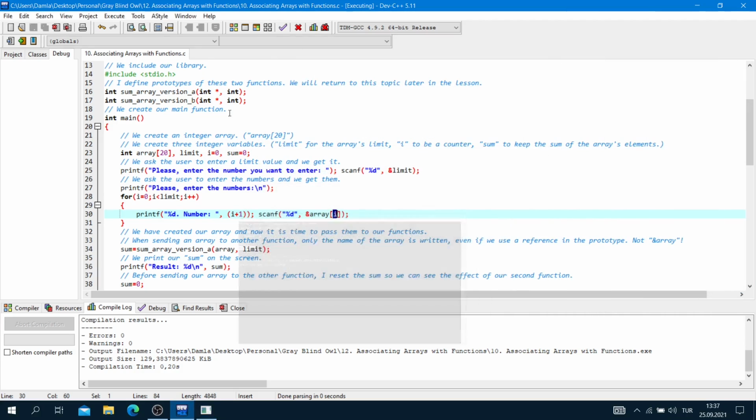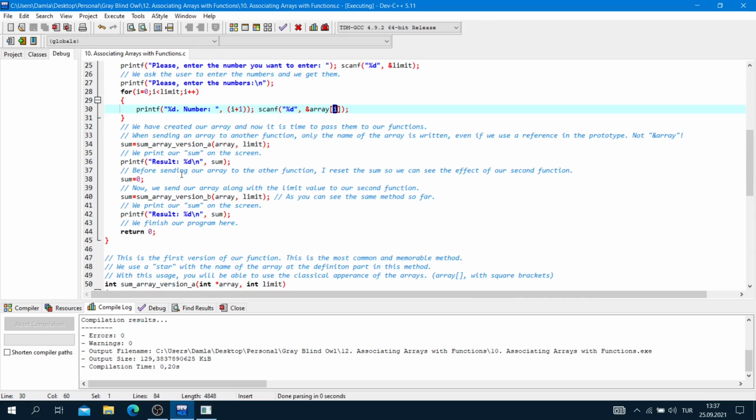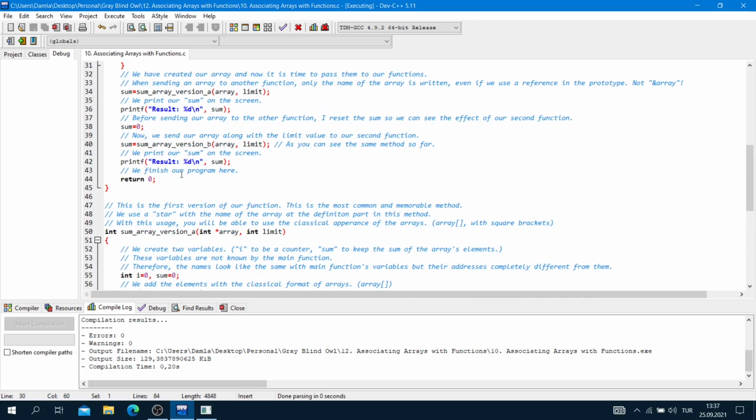Let's take a look. We have created our array, and now it is time to pass it to our functions. When sending an array to another function, this is important, only the name of the array is written.